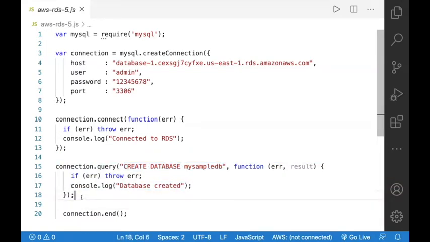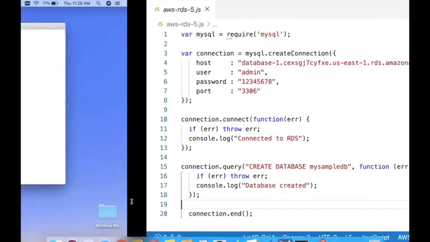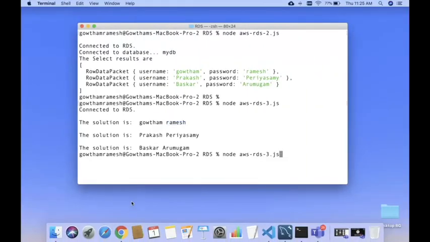This particular statement will create a new database in the AWS RDS environment. So let me execute this program once. We have received a positive reply, that is, database created.